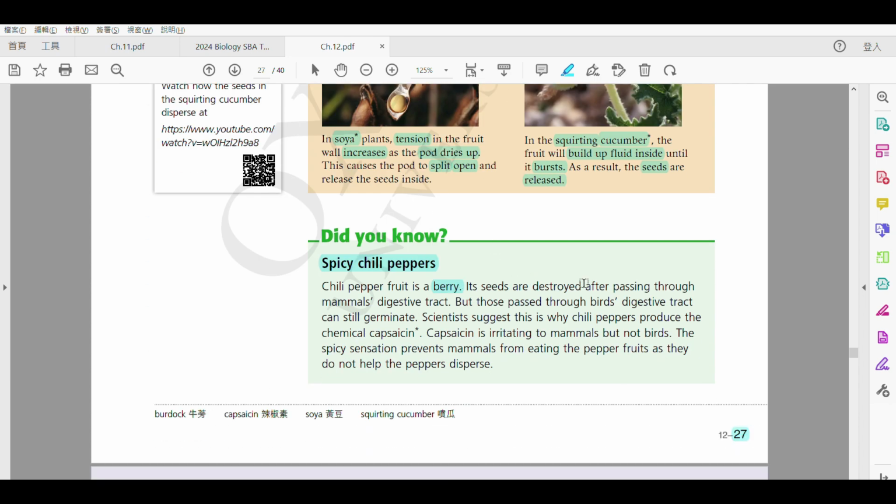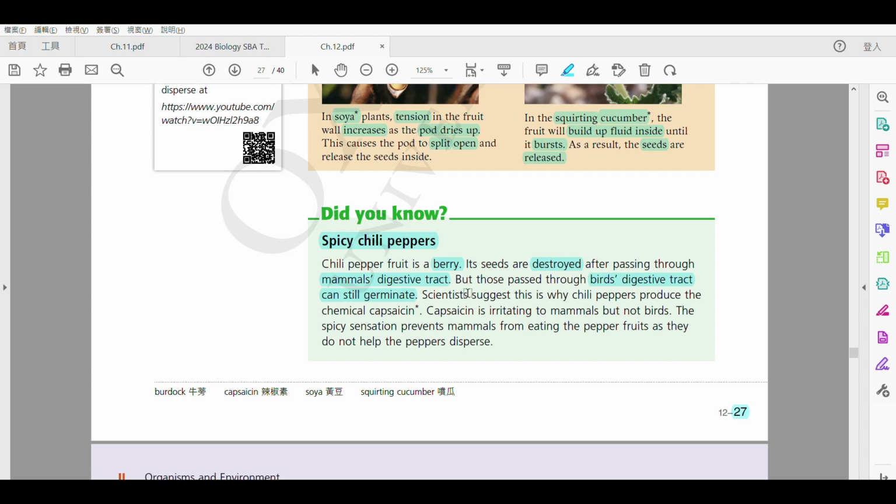So the seeds will be destroyed after passing through the mammal's digestive tract. Mammal means 哺乳類. So human is also one type of mammal. Okay? So therefore, after we eat them, and we poop them out, they are dead. They are destroyed. Right? But those that pass through a bird's digestive tract can still germinate. That means they can resist the digestion. OK? So therefore scientists think that this is the reason why pepper